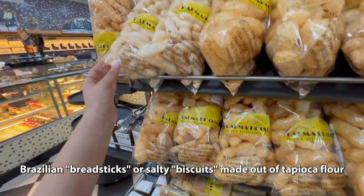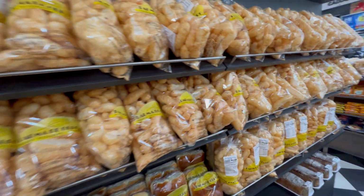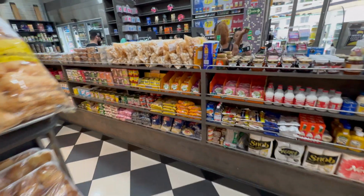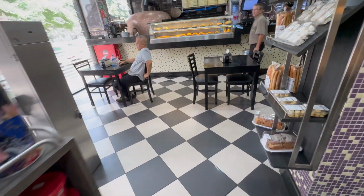You have different kinds. This is the most typical one, right? Which is biscoito de polvilho. You can have it with cheese, you can have it without the cheese. As you can see, it's also a little bit of a supermarket. So you can just buy everything. We're gonna show you the most